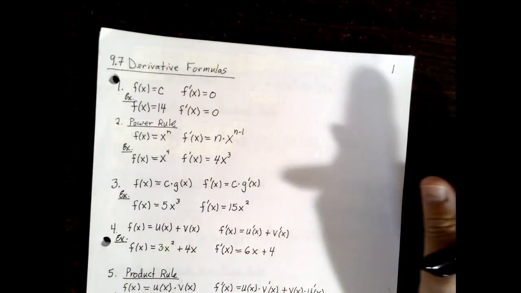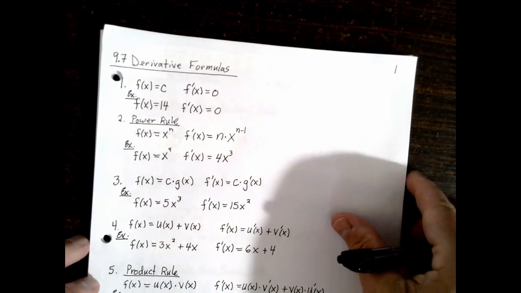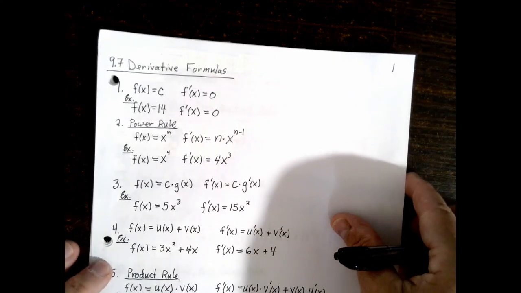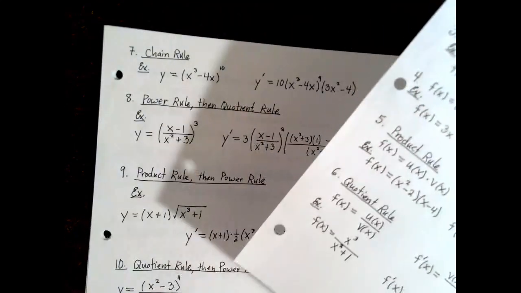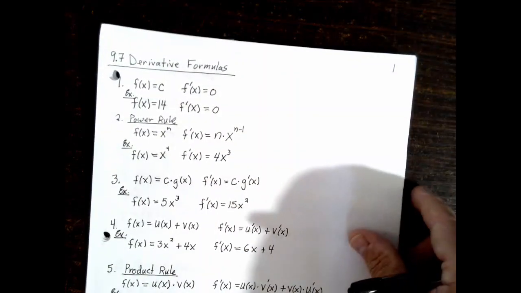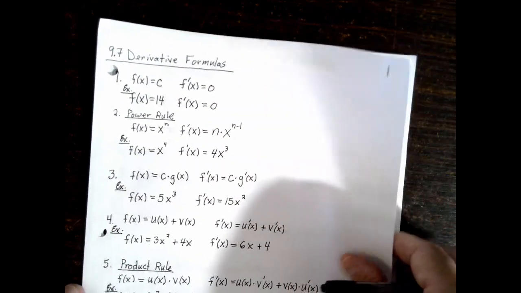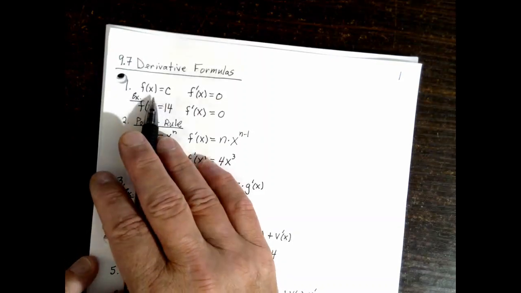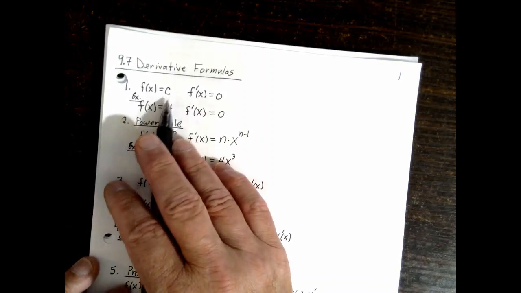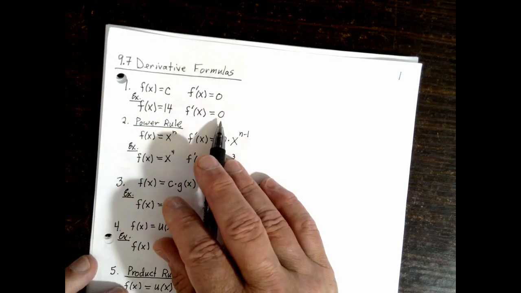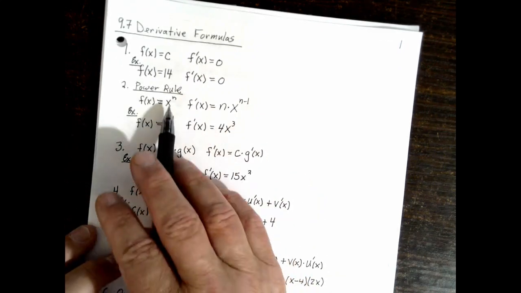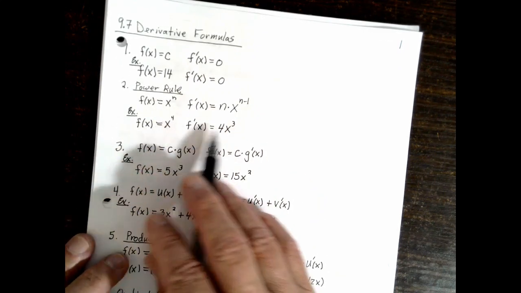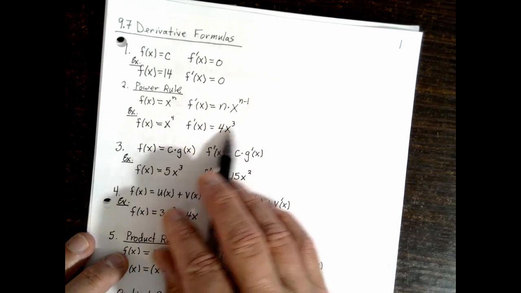Alright, in this section we talk about all the different derivative rules that we've learned so far. There's technically 8 of them. The 9th and 10th are a combination of 2 different rules. So the first rule is that if you've got a function that equals some constant number like 14, the derivative is 0. If you got some variable to a power, you just bring the power out front and subtract 1